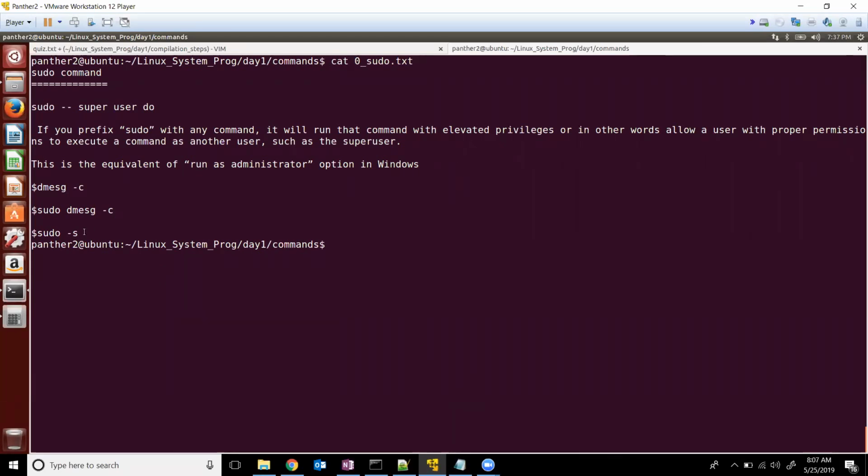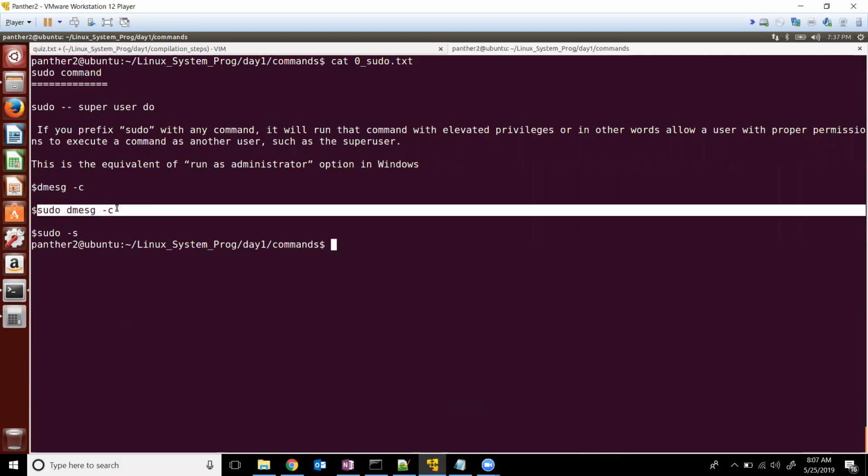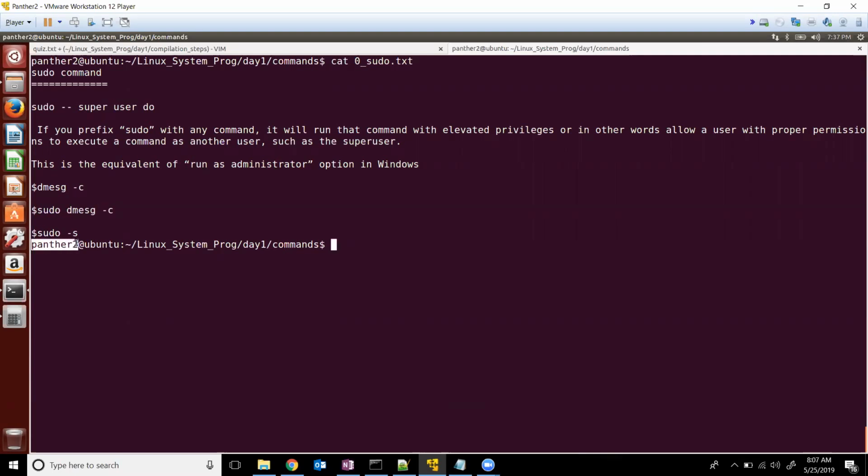By using sudo, you will be running as the root user only for that command, whatever user you have. But if you do sudo -s, you will be switching to